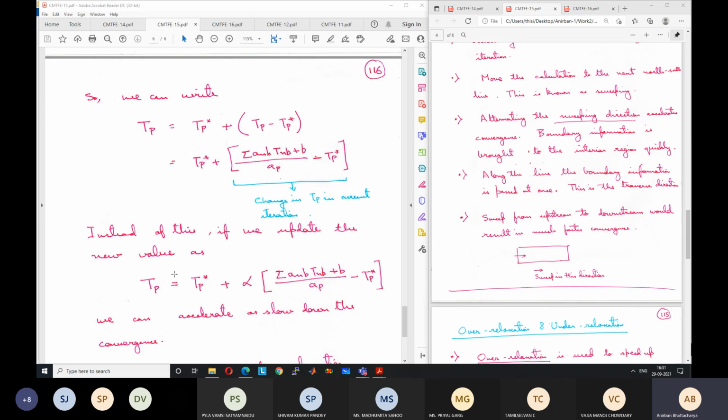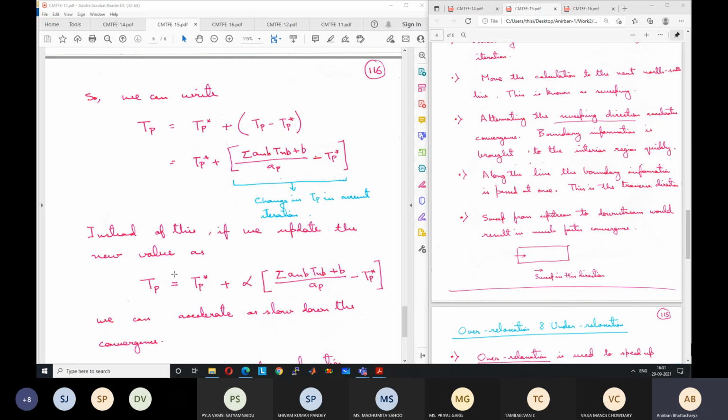So in one iteration, because the problem may be very nonlinear, with a small change in the iteration values there are large changes. From 300 to 400, the value has changed, so we have gone further away from the correct solution. In the previous iteration, the error was 40 Kelvin, because 340 minus 300 is 40 Kelvin. Now the absolute error is 60 Kelvin, because we have gone further away from the correct value. If we continue like this, our solution will diverge.